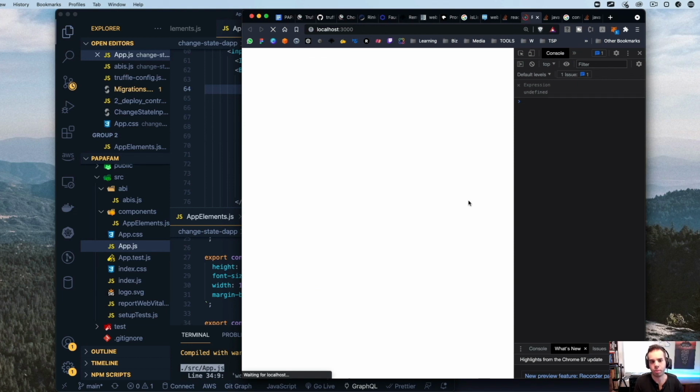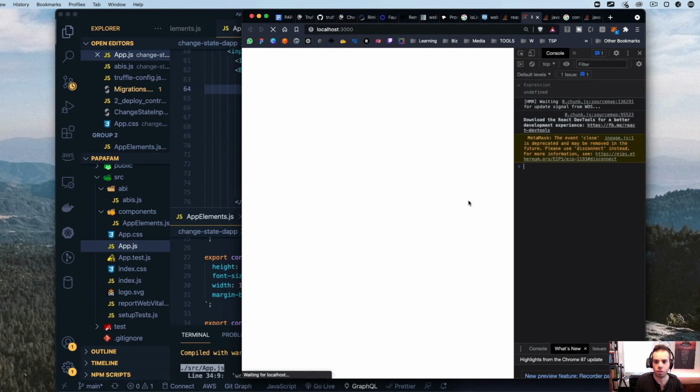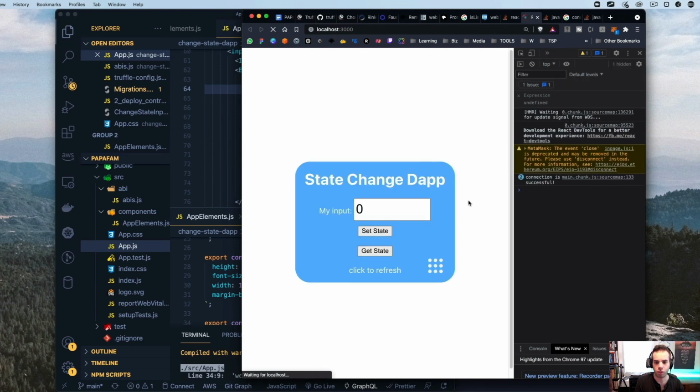And it's just going to rebuild again. It's going to check to see that. And looks like we have it back to where it's supposed to be. So this is great. So we have pretty much everything that we need here to make it all work.